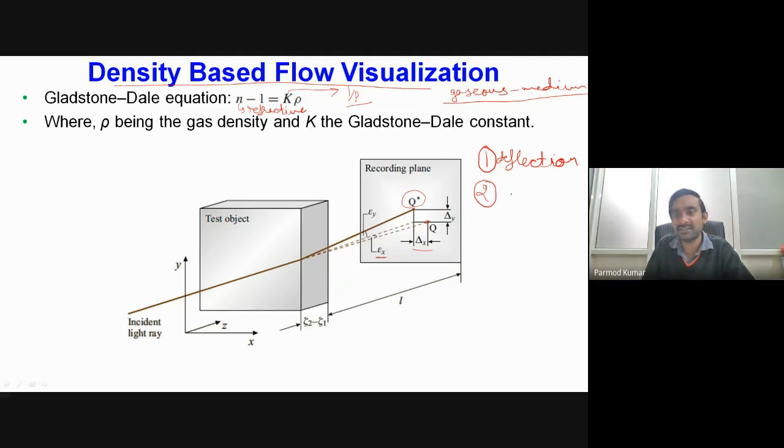Second parameter is directly we can measure the angle of deflection. And the third parameter will be coming from the wave nature of the propagation. So that will be nothing but the phase shift in between the two waves. Okay, so these are the three basic principles based on which we will try to visualize the flow